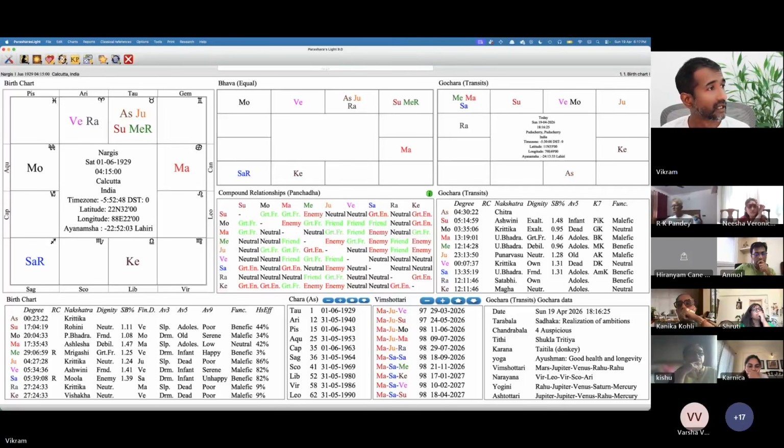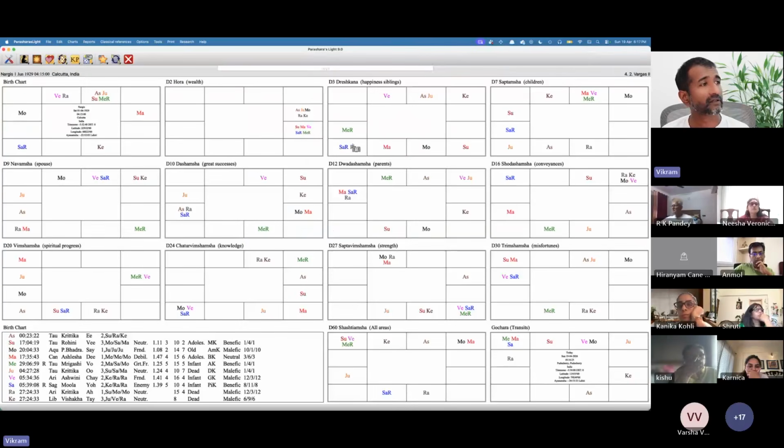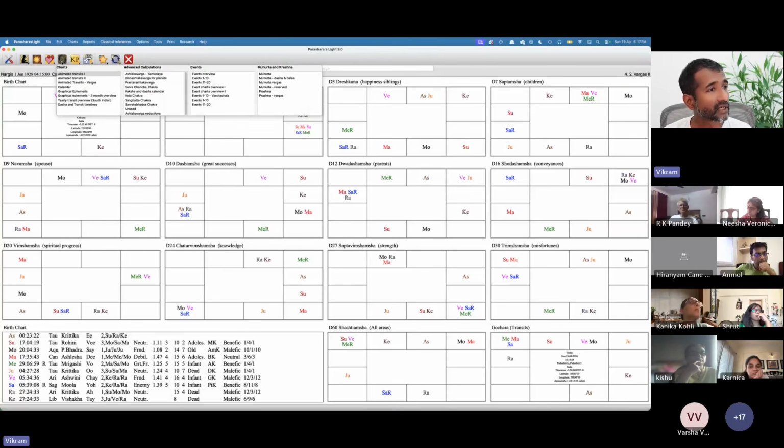So let's click on, let's say, the Varga chart. It will be called something different for you because I've customized the names, but this will give me all the different divisional charts. Right? Go through all of those charts, see what each of them are. One of the questions was Ashtaka Varga. Ashtaka Varga will be under